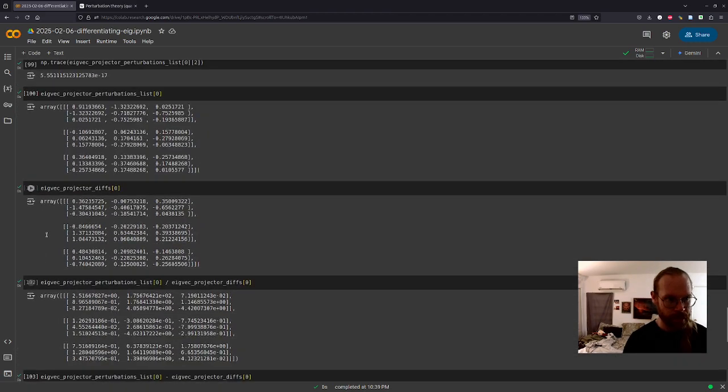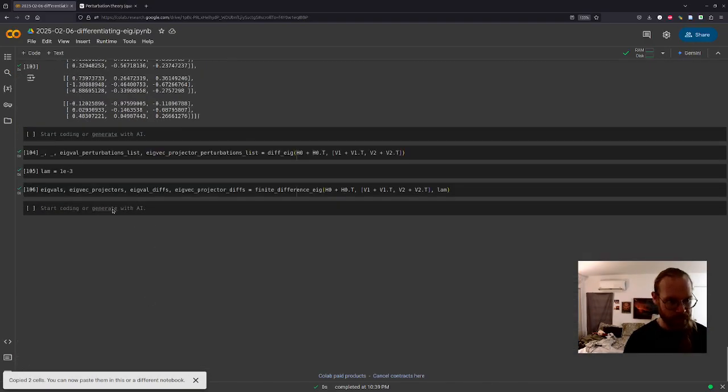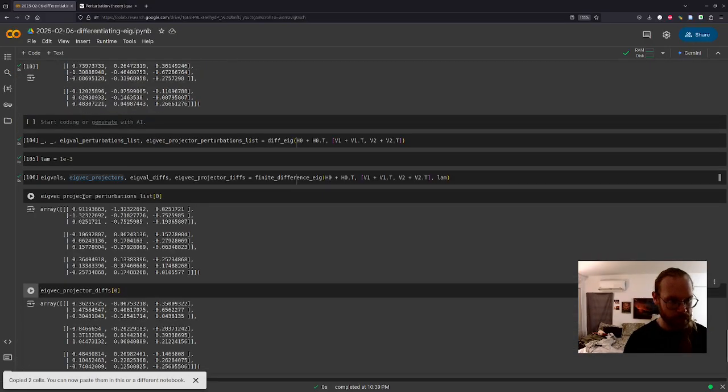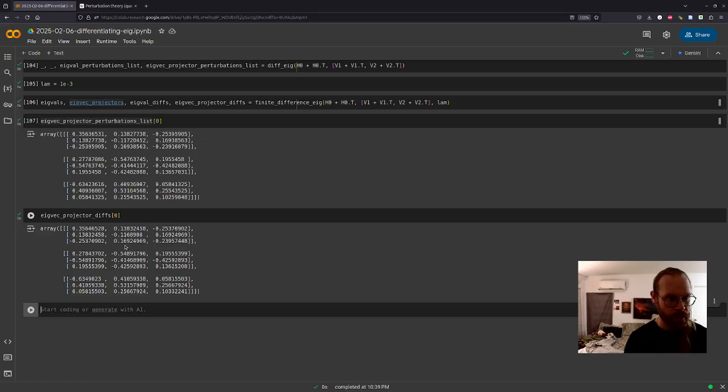See if these look more similar now. Okay, yeah, they look pretty close to one another now. So I think we messed up something for the non-Hermitian case, which might require a little bit more thinking.